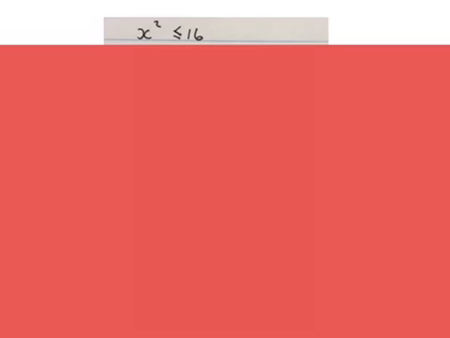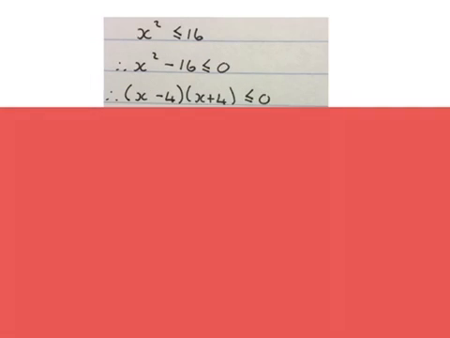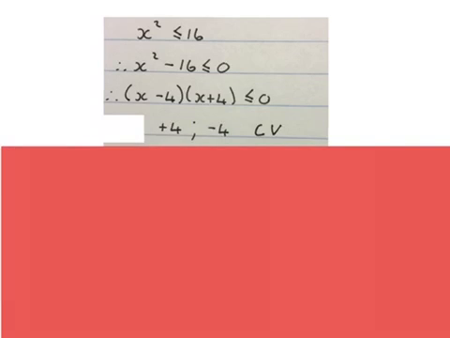This is an example of a quadratic inequality. Because there is no restriction written at the back here, we assume it's real numbers. Forget about that. For this technique, you have to remember, we always take in a quadratic equation everything to one side, and we take it to the side where the x squared is positive. Then you factorize this and work out the two x values. That means this x will be equal to +4 and that x will be equal to -4. We call that the critical values.